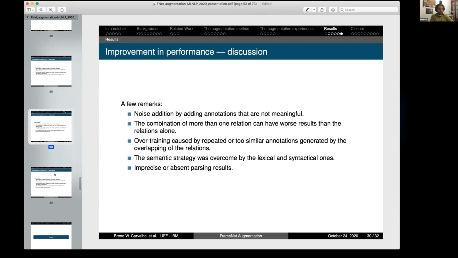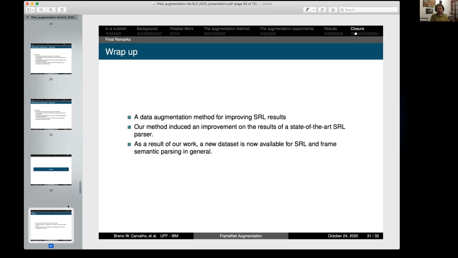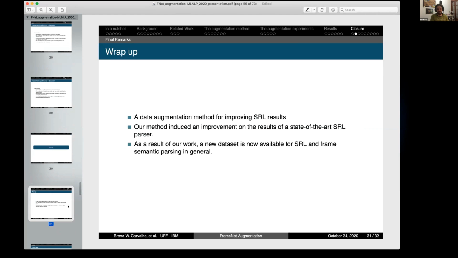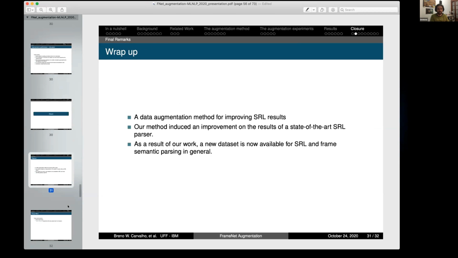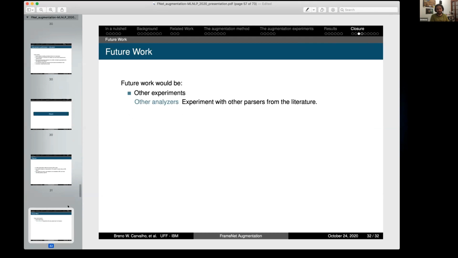Yeah, it might be imprecise or absent parsing results, and this line here is for the semantic parser that I just mentioned. So we can do some augmentations improving the results in semantic role labeling. I think it's a modest but meaningful result, and this data set is now available, so you can play with those changes as well and see the improvement by yourself. Future work would include other analyzers,